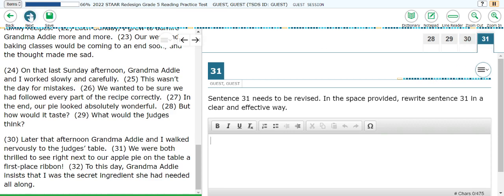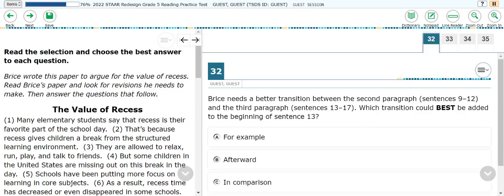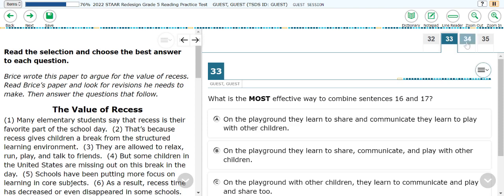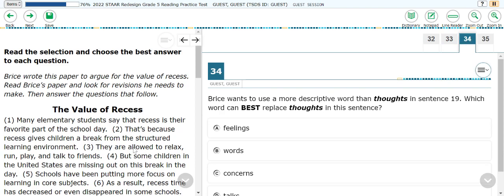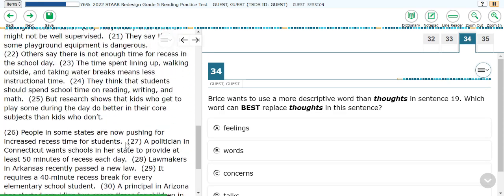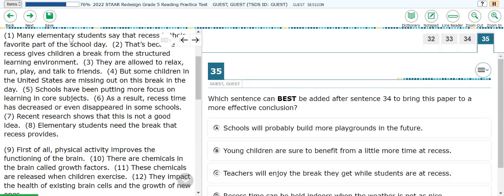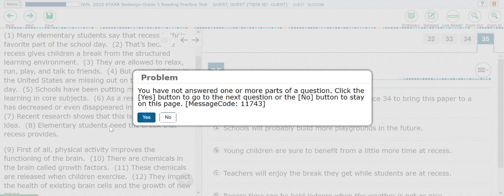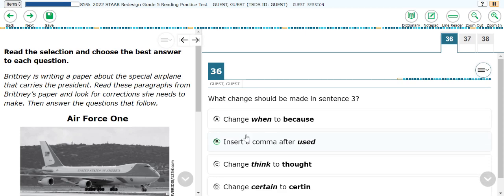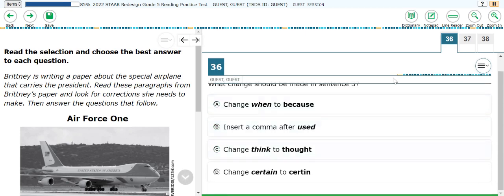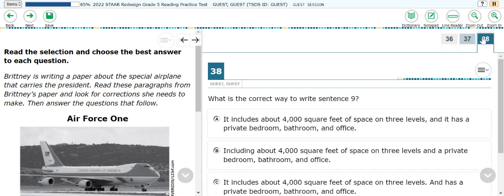Okay, so let's see what the next page is. Okay, so then looks like we're still doing revising because this is a transition question. So 2 passages. It does kind of match the blueprint. It has 2 passages with revising, and let's look. Okay, this is all revising. So now if I go to the next page, okay, now we have editing. So there's 3 editing questions,